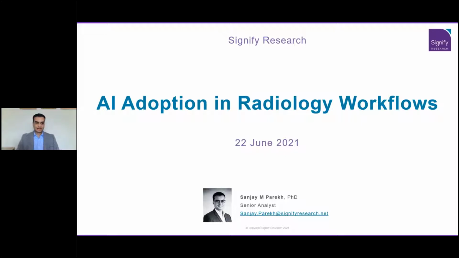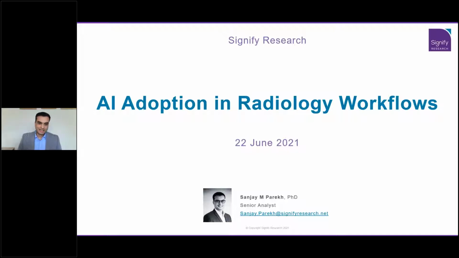As Alexis mentioned, AI adoption in radiology workflows is going to be the area of focus which I'm going to be talking about today. And I'm going to split this up into three parts. So I'm going to start off by looking at AI marketplaces and the role that they play before moving on to the central component of AI orchestration platforms, and then round off by giving a bit of context and background to AI developer platforms and how all three of these pieces are key to finalizing the puzzle of AI adoption